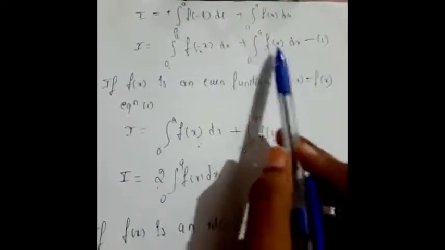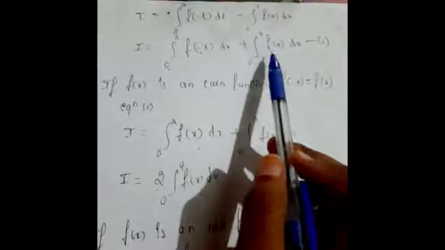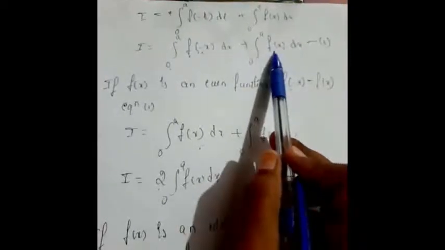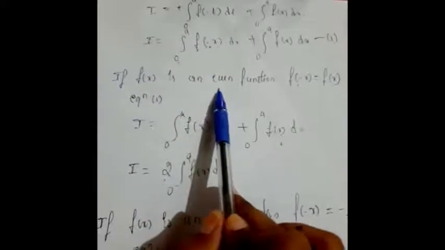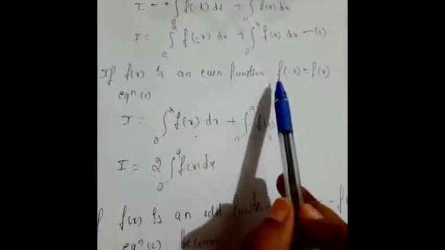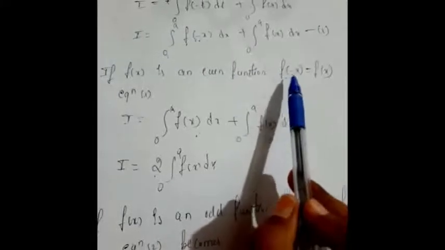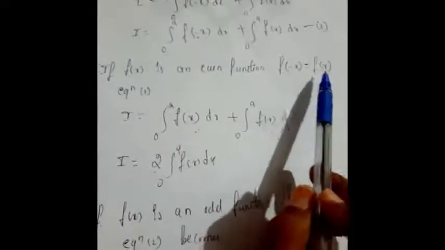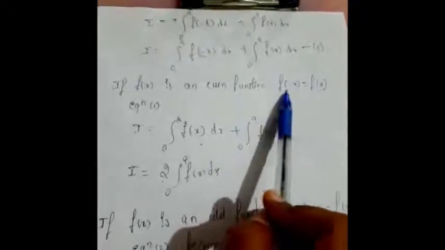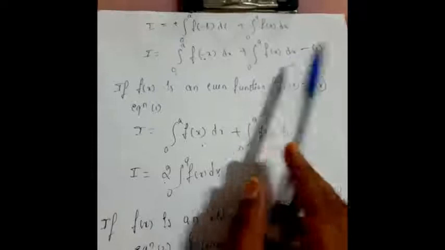And now, we don't know what f of x is, we have taken here a general f of x and f of minus x. Our option is what? f of x, whether it is even or odd. Okay, there are two cases. If the given function is an even function, what happens according to your definition of odd and even functions? If you replace x by minus x, you will get the original function only. It means f of minus x is equal to f of x. Then if your given function is even, if I substitute f of minus x equal to f of x, what happens in equation number 1?